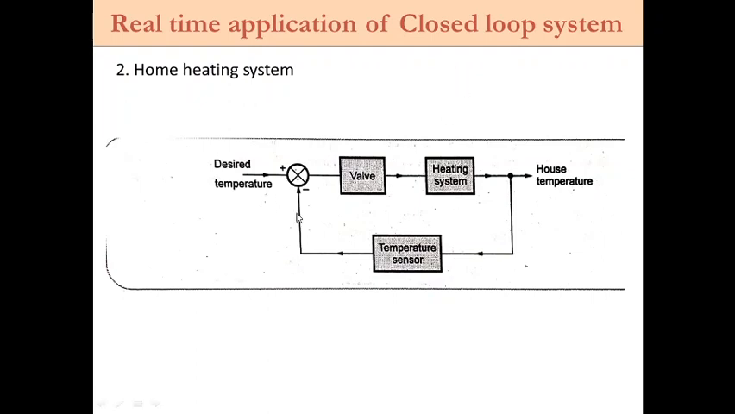For example, if I want to maintain a temperature in a home like 34 degrees Celsius, that time this temperature sensor will continuously check the temperature. Okay, for example, if the temperature is falling to 32 degrees centigrade, that time I need to increase the temperature by 2 more degrees because the desired temperature, that is the input, is set for 34 degrees Celsius. That time it will send to this error detector. So here the calculation will be done,